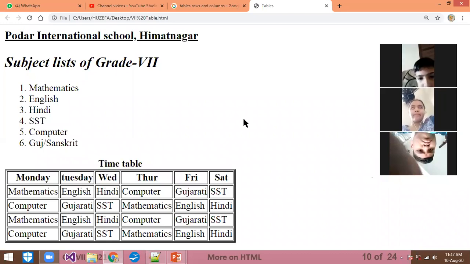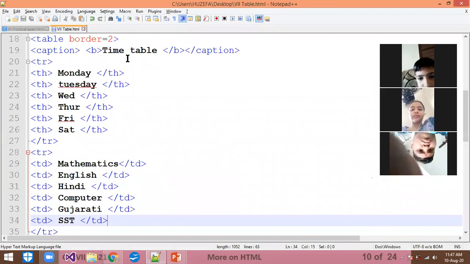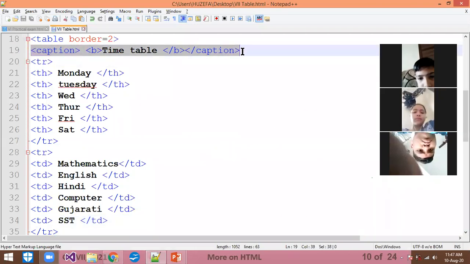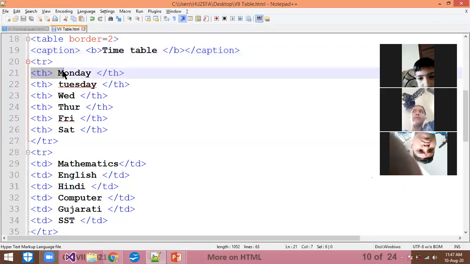That is called the caption. For the table heading, the whole table heading, we are using the caption tag. And th means the heading of the row or the column.